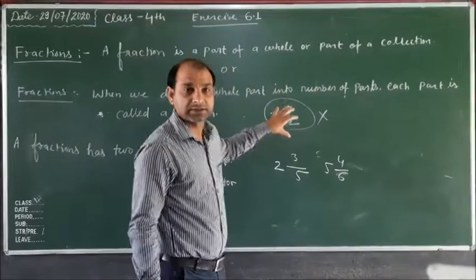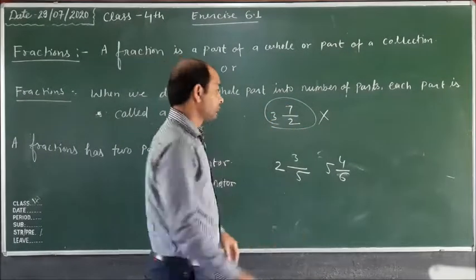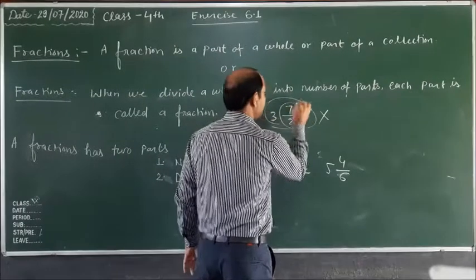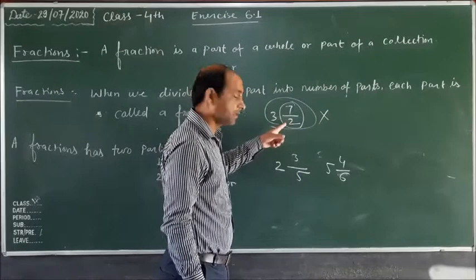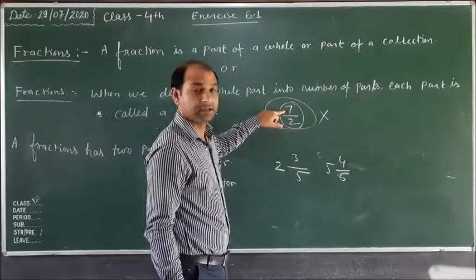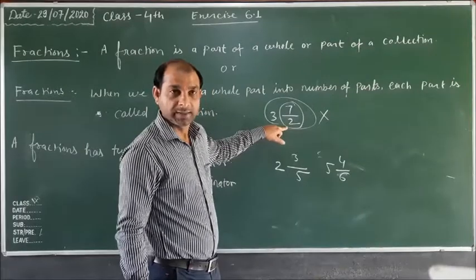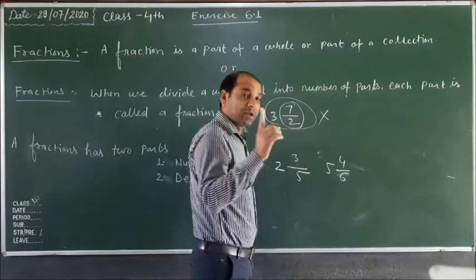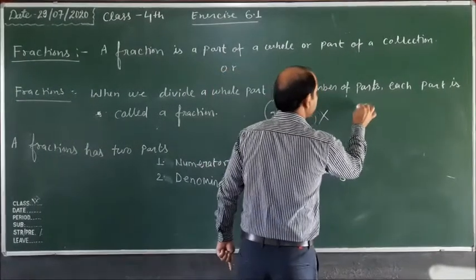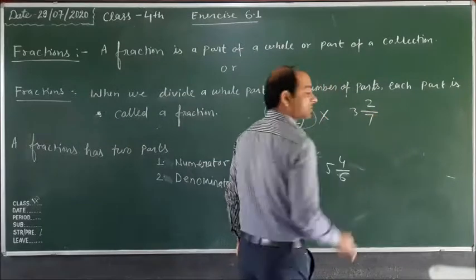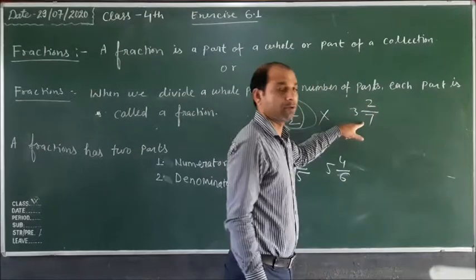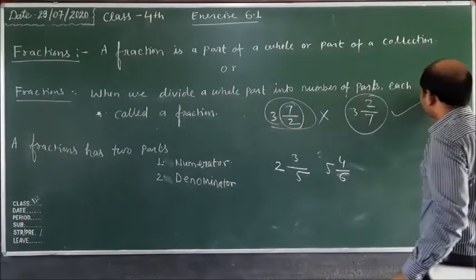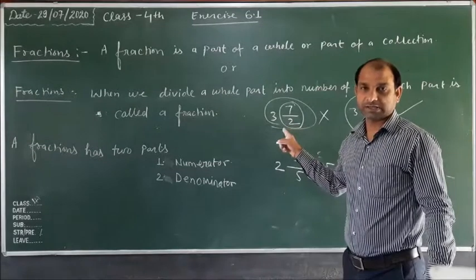This is wrong. Why is it wrong? Because the whole number is written here, this is 3, okay, but this is an improper fraction. Here the numerator is greater and the denominator is smaller. But in a mixed fraction, the fraction part should always be a proper fraction, meaning your numerator is less than the denominator. Okay, so this is a right fraction, but this is a wrong mixed fraction.